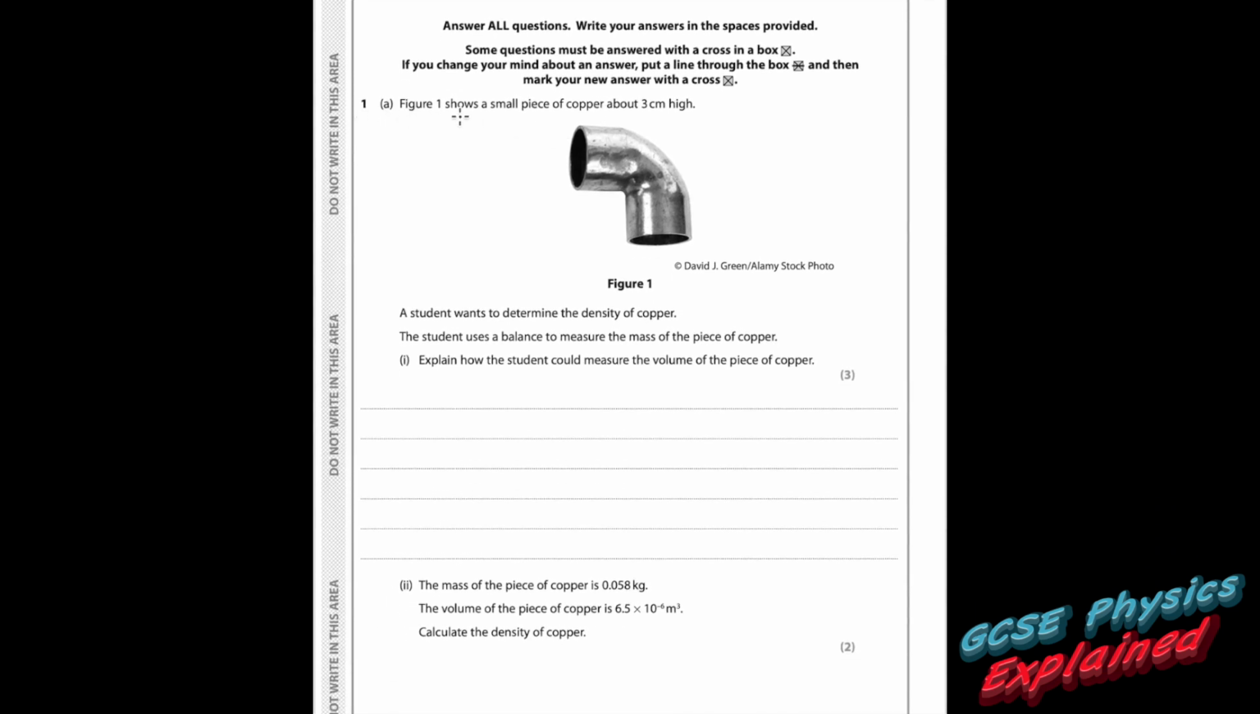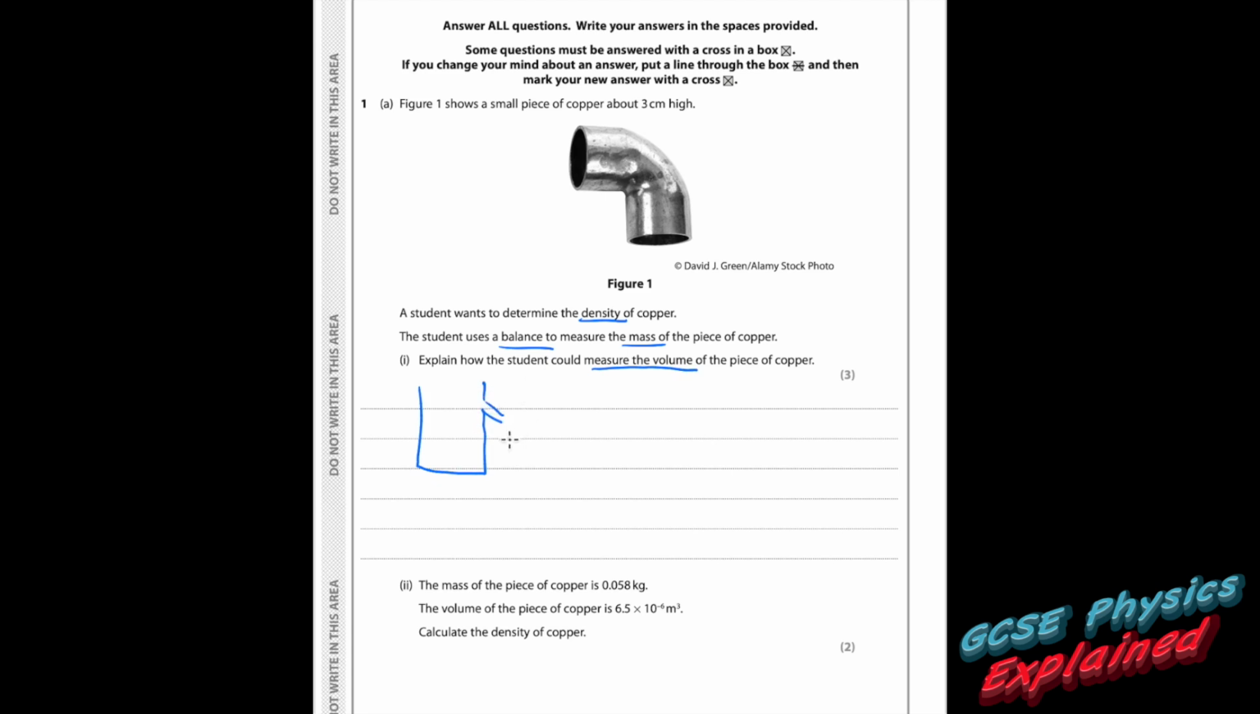Question 1a. Figure 1 shows a small piece of copper about 3 centimetres high. A student wants to determine the density of copper. The student uses a balance to measure the mass of the piece of copper. Explain how the student could measure the volume of the piece of copper. Right, well, you're going to need